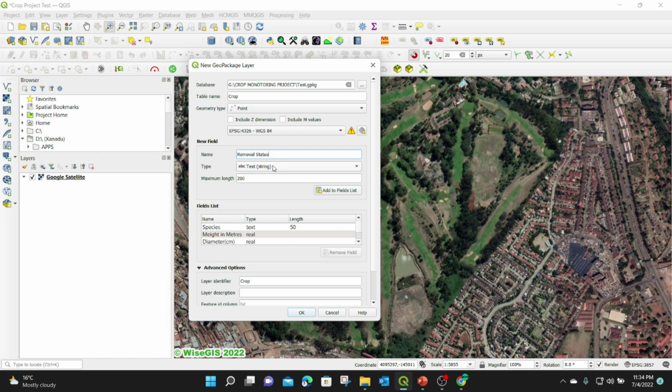And that is a text. Data, I'm going to say maybe 50. Then add field to list. Then I'm going to say